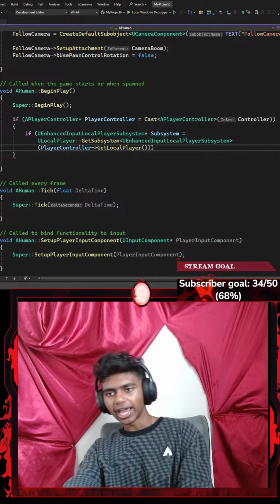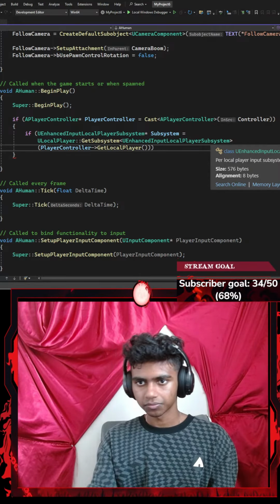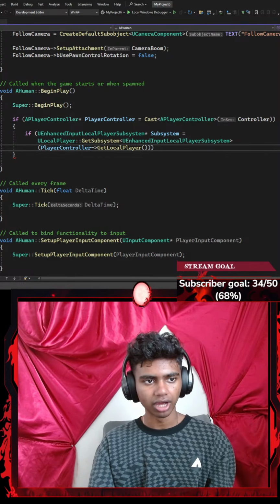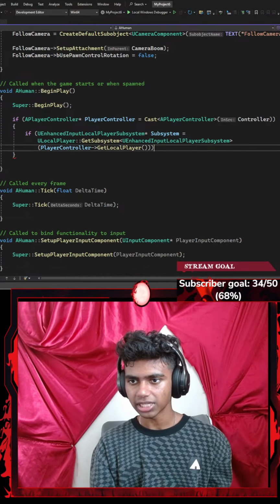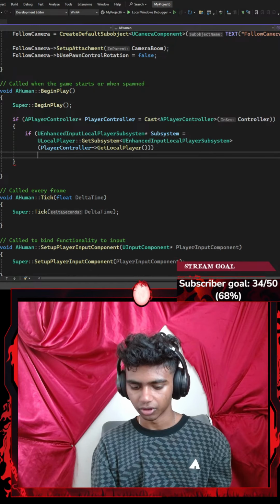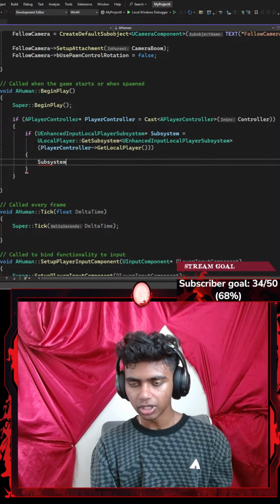Okay, here's the thing. I actually understood this part, but it's still kind of tricky for some reason. If this is true, then I go ahead and do something. I'm gonna add a subsystem. Let's add a pair of curly braces here, and then point my subsystem towards